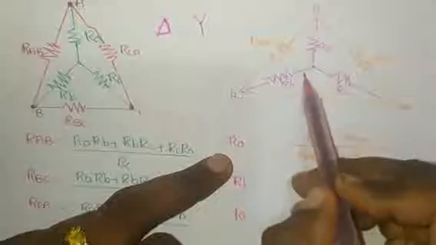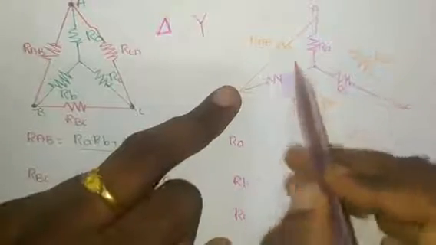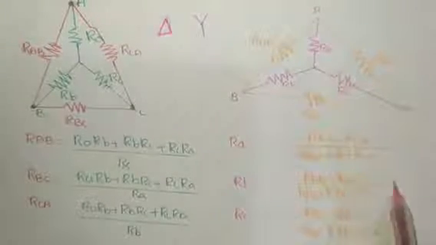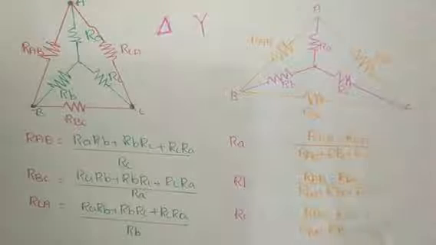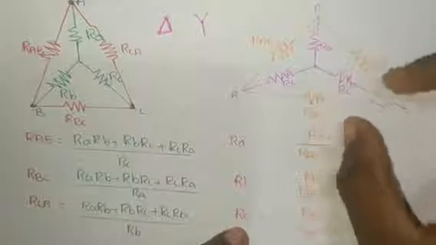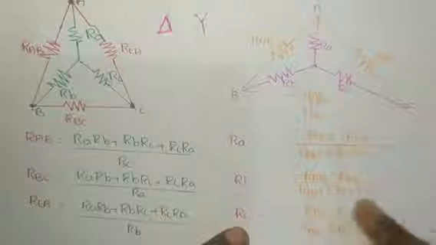When I am connecting this resistance RB here, it is connected to RAB and RBC. So these 2 resistors will come in pair, RAB into RBC. In denominator term, sum of all single resistors. Next RC, when I am connecting this, it is coming in contact with the RBC and RCA. Those terms are coming in the numerator as pair. In denominator, again sum of all 3 resistors.